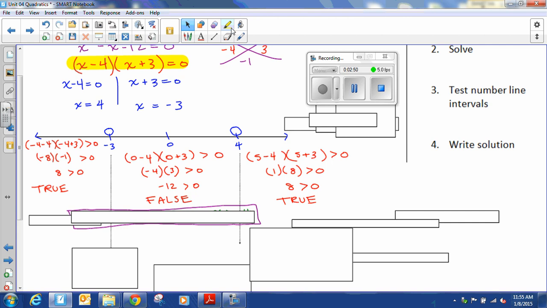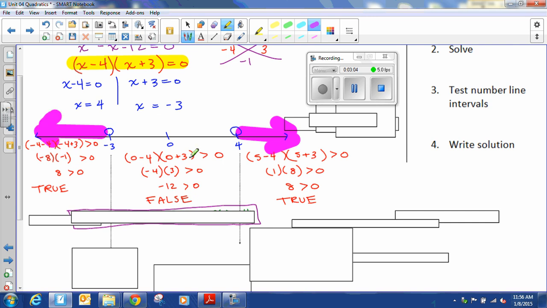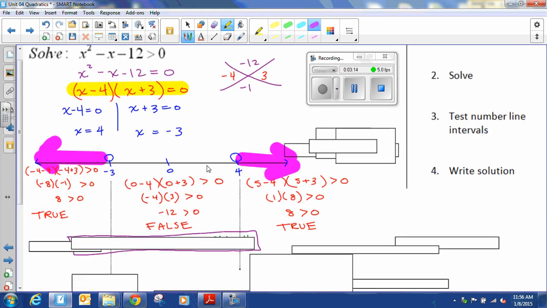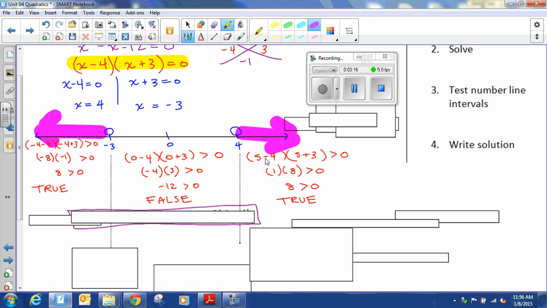So, ladies and gentlemen, we are going to graph our solution set this way and this way. Put your arrowheads here, showing that the solved number line looks like this. This is the solution to the inequality. This is the graphical way we look at this. Now, the final part